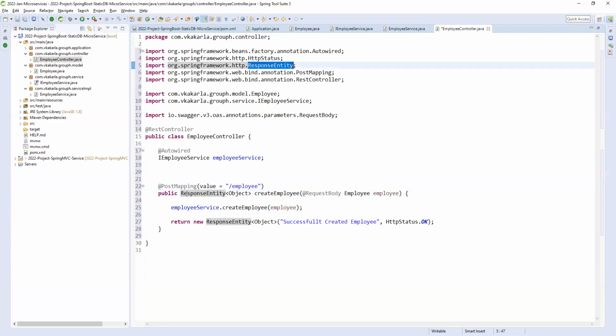That is the reason I added ResponseEntity of Object. Object means whether it is a list of employees, a success string, a single object or multiple objects, we can pass it directly here. It will allow a string, a single object, or multiple objects.